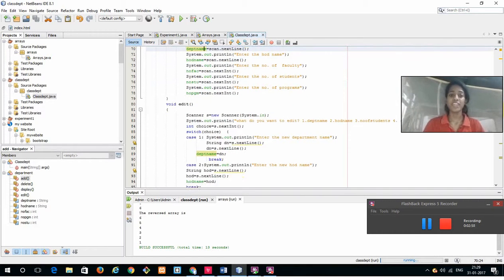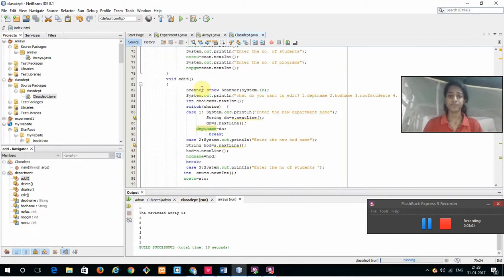The next one is the edit function, member function edit. Similarly, I've created a scanner object with the name S, and then I ask the user what element or what do you want to edit, and I display a menu there. So the first one is the department name, HOD name, number of students, number of faculty and number of programs, and then I create an integer variable choice and I take the input from the user. So the user will either enter 1, 2, 3, 4, 5, and that will be stored in the integer variable choice,